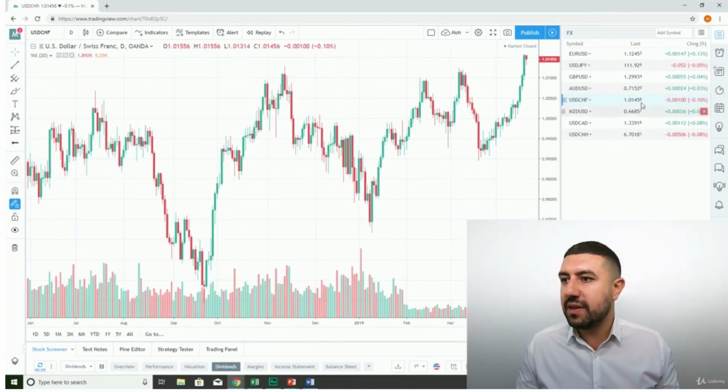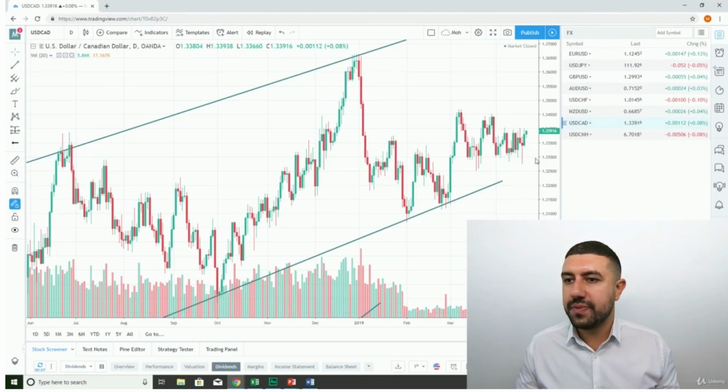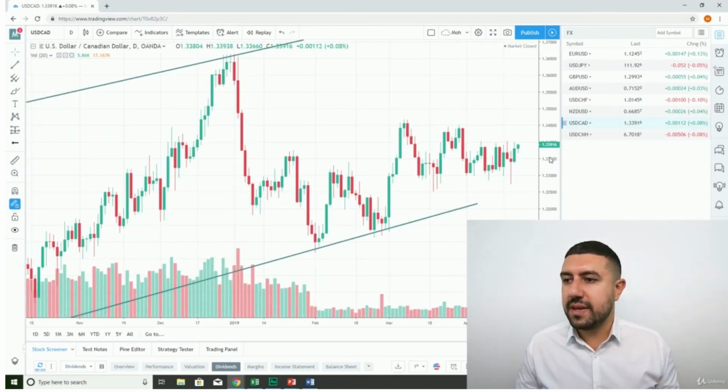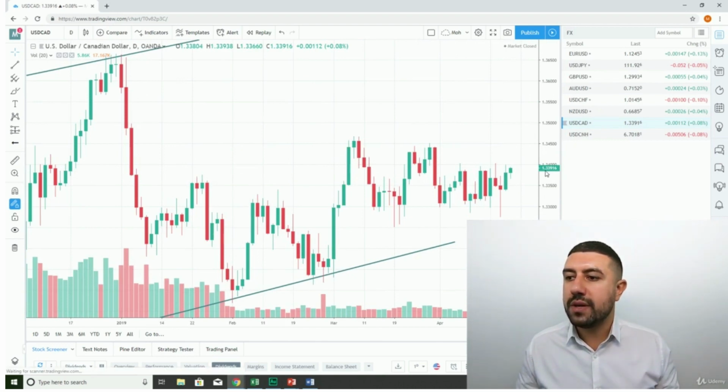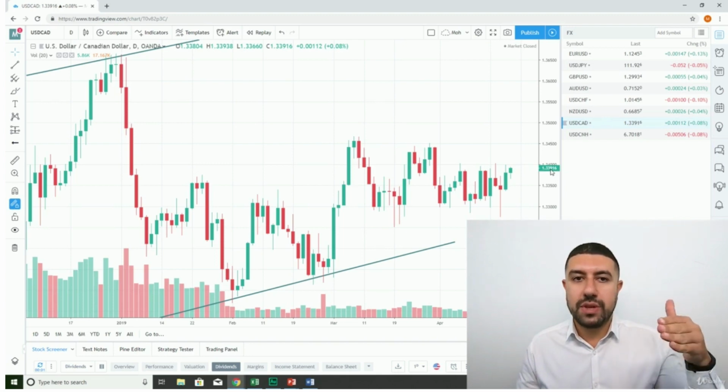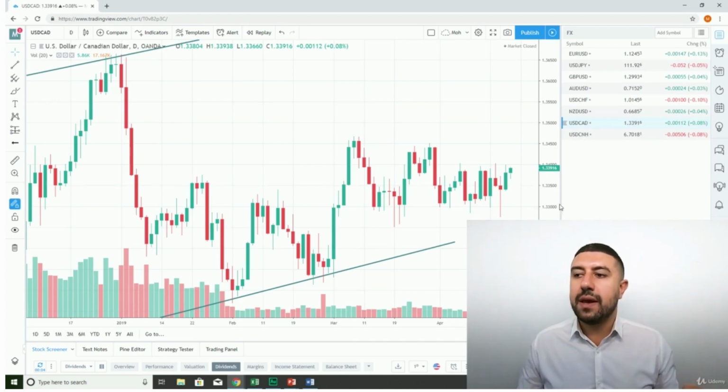But you'll see something like this, let's say I'll go USD CAD. Okay? You'll see something like this here. The last executed trade is at 1.33916. It's not just $1.33. We're going more than that. We're being very precise because you can buy something at a very precise point. You're not going to buy USD CAD at $1.33 and then wait until it goes to $1.40 because currencies